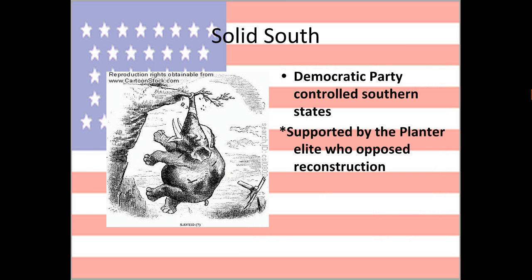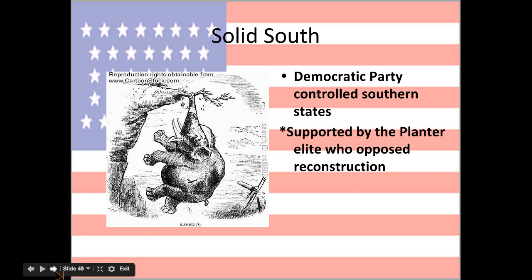You're also going to have this, when this Democratic Party comes back in to dominate, it's going to be known as the Solid South. So these Redeemers, or these Democrats, are coming back in. They're gaining control of the states in the South, and they are going to just start to completely dominate it. So there's not going to be many Republicans at all. And if there are Republicans, they're going to terrorize them. They're going to kill them. So basically, they're going to do everything in their power to prevent the Republican Party from coming back into control in the South.